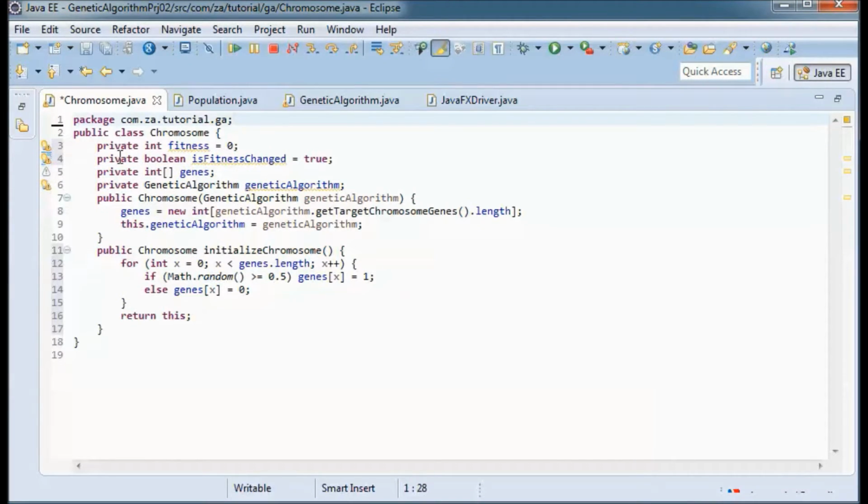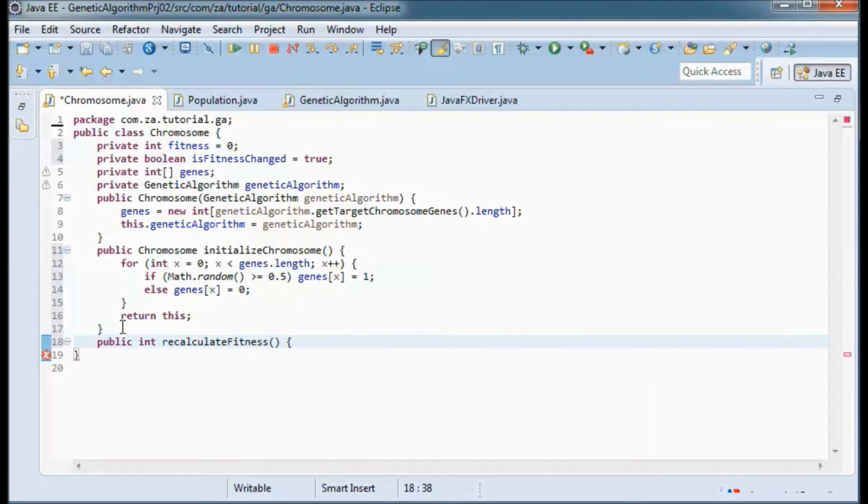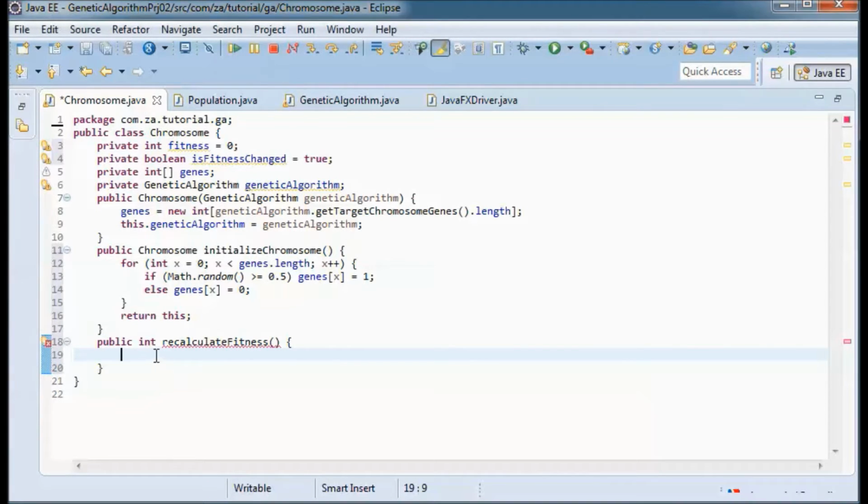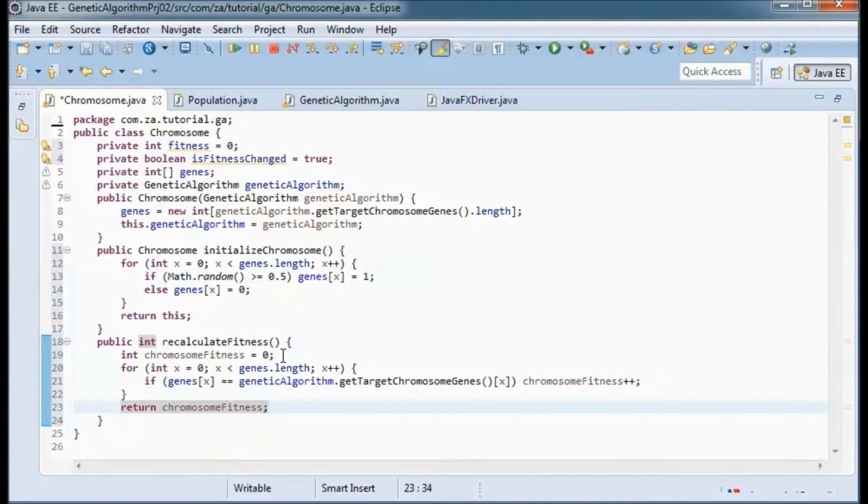And let me define this recalculate fitness method that will calculate the fitness of this chromosome by comparing it to the target chromosome. So each gene to the gene in the target chromosome, and depending on that we add 1 to the fitness.